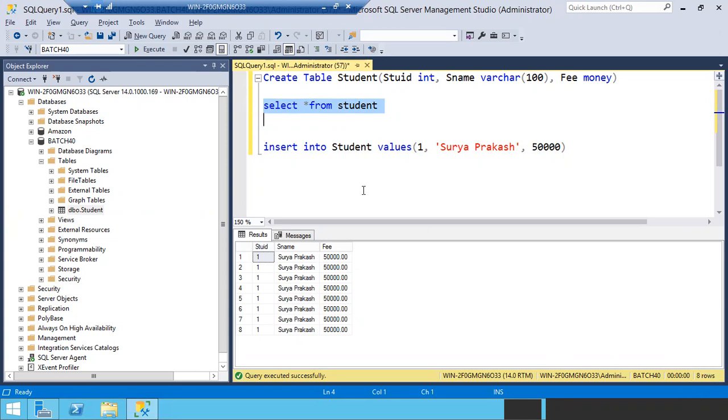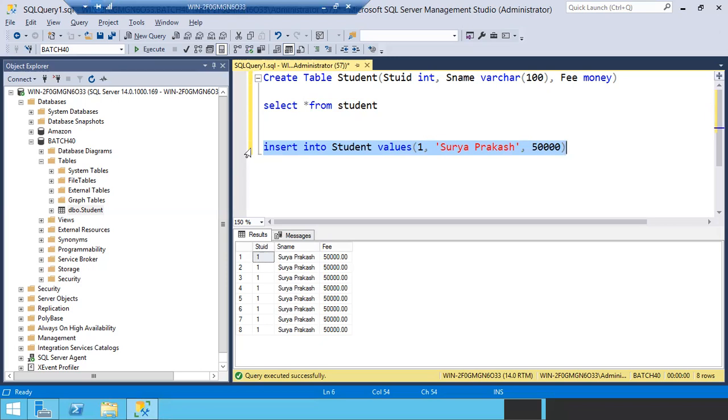So this is how. And again, see guys, we haven't created the table with any conditions. We simply created a small basic table, so it will accept duplicates. If you create a primary key on any of the columns, in that case, it won't accept the duplicate values. At least you have to change one column value. As there is no primary key on this table, it will accept duplicates. If there is a primary key, it won't accept duplicates.